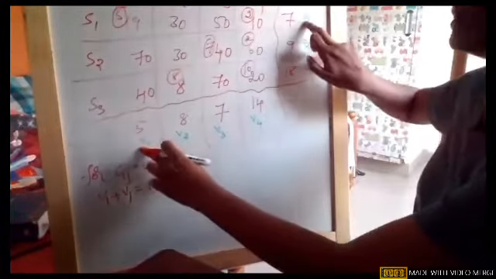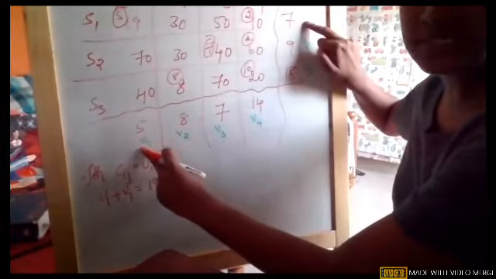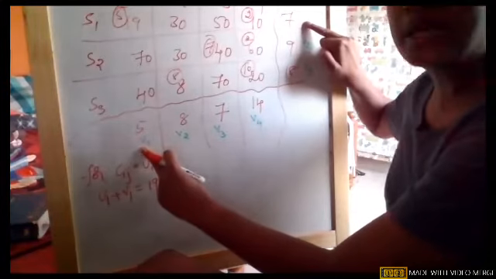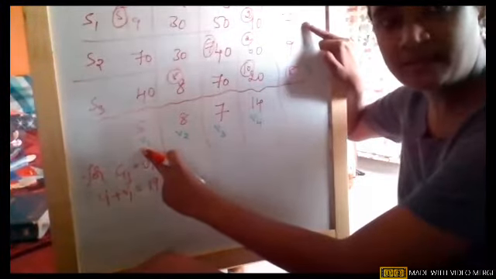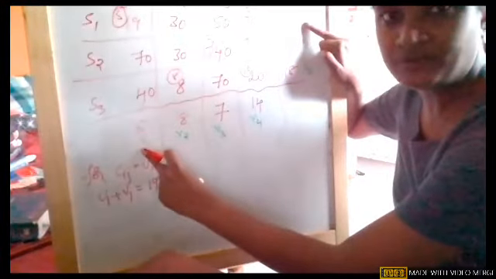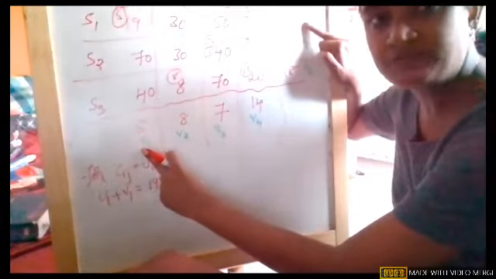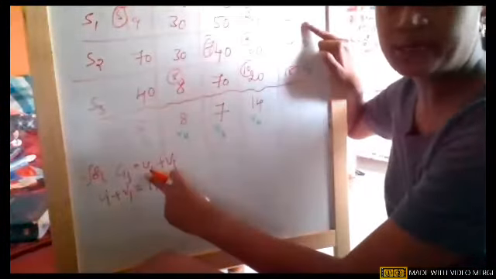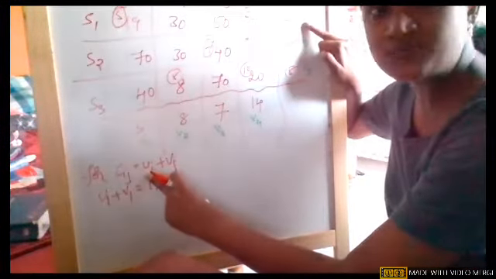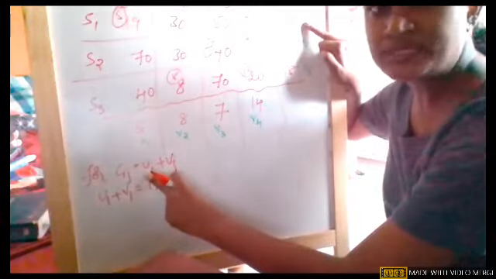I just took the two new names under the MODI method. We need to give names for rows and columns. For rows, I am giving the names U1, U2, U3. For columns, we are giving the names V1, V2, V3 and V4. So there is a formula for us: for occupied cells, the cost is equal to Ui plus Vj.